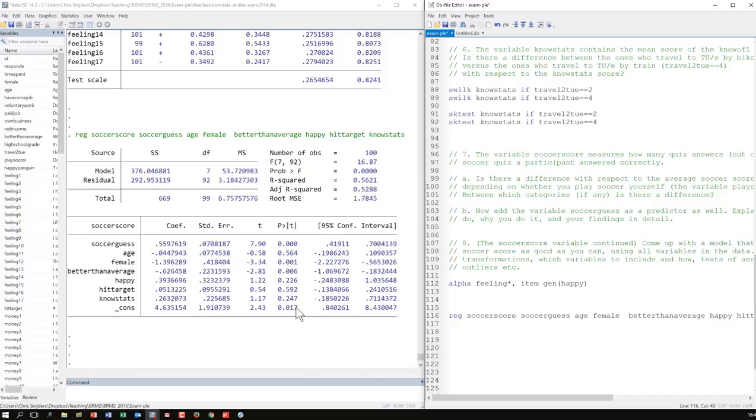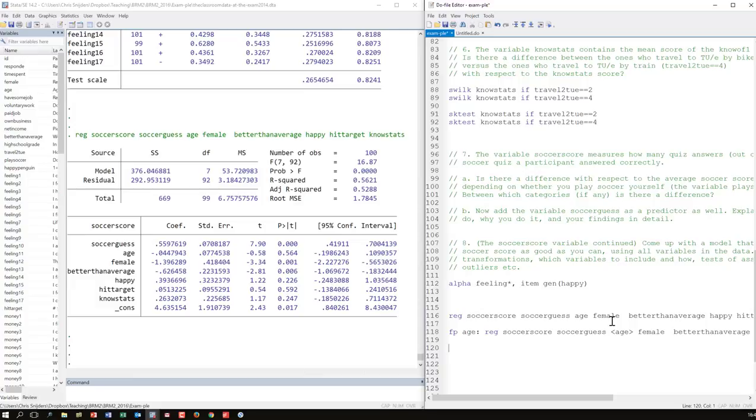For age, I might be willing to give it a try to see if something nonlinear might work for age. So basically I'm ready to discard age as well.